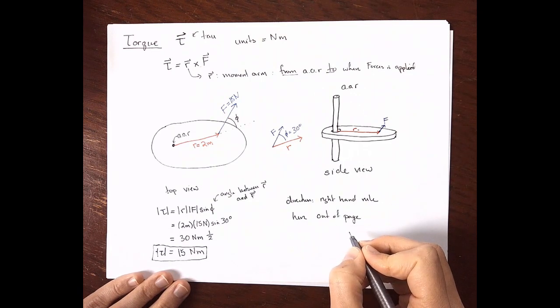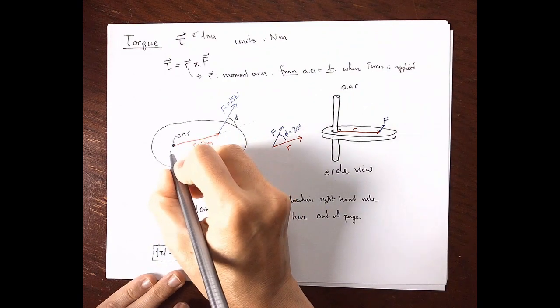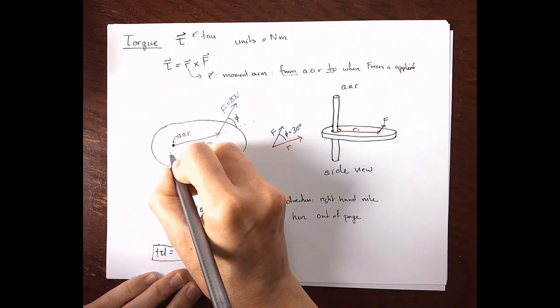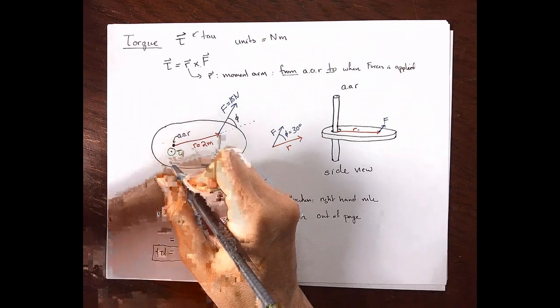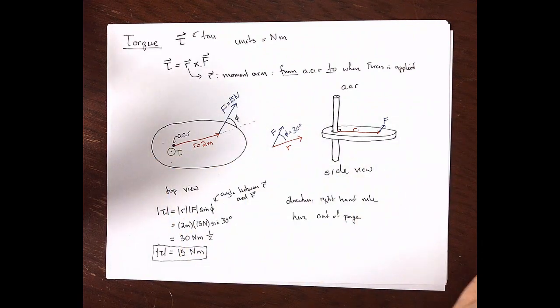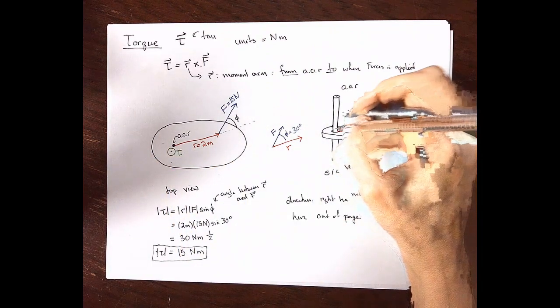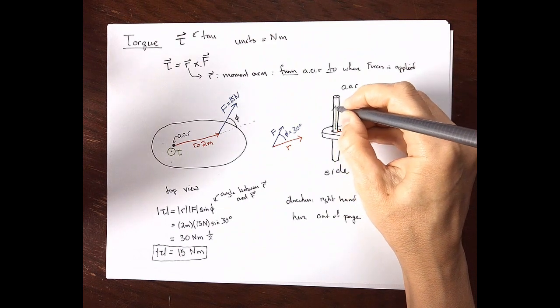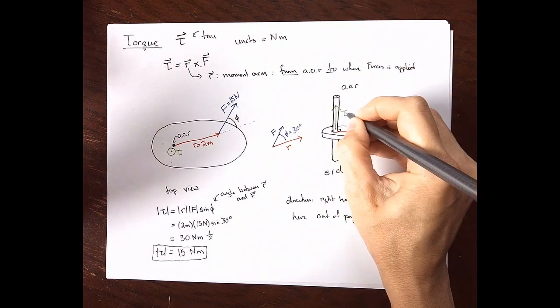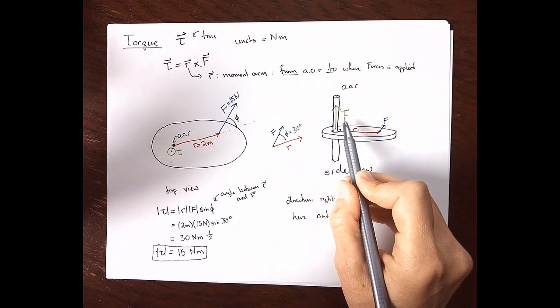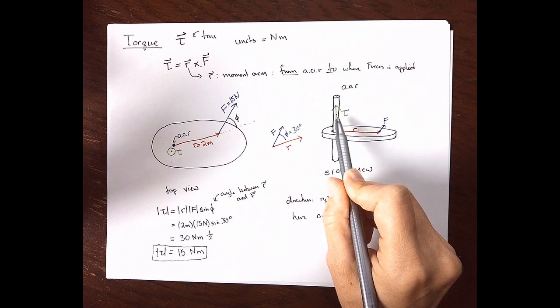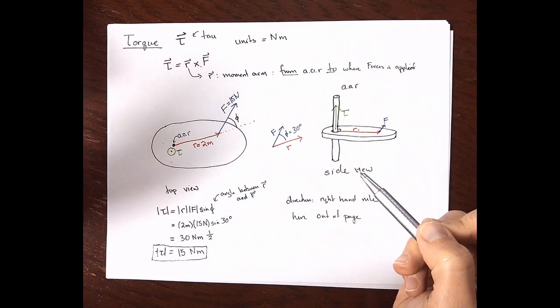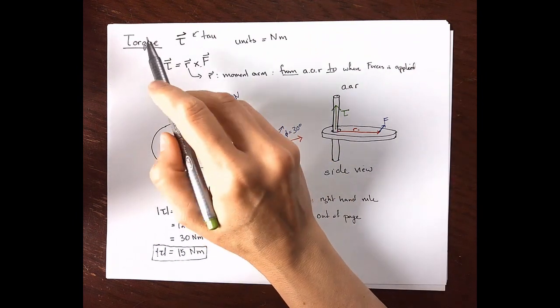So let's go ahead and draw that. So here on our top view, that torque would be out of the page. So we would use the out of the page symbol there. There's torque. You get a little shade so you can see that. And then here on the side view, the torque would actually be coming like this. It would go up the axis of rotation, which is generally what happens when you're dealing with rotation. So the torque goes up the axis of rotation like this,